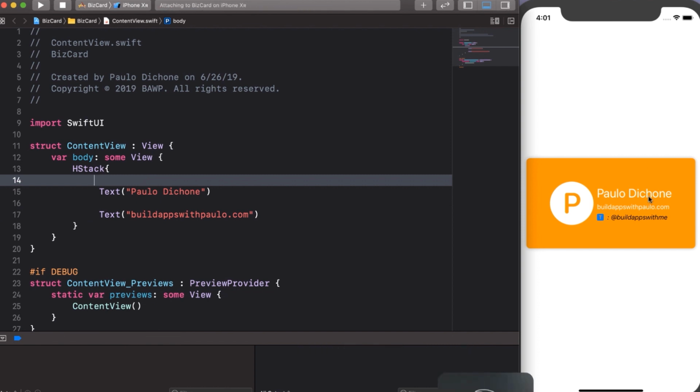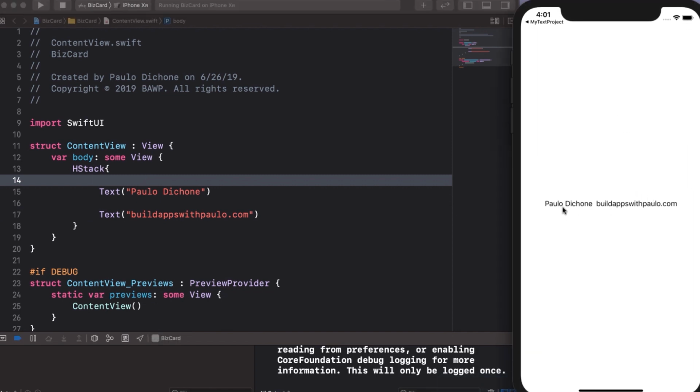We should be able to see. There we go. Very nice. So it says Paolo Dishon, build apps with Paolo.com. But this is not what we want. What we want is we want this first name to be at the top and the build apps at the